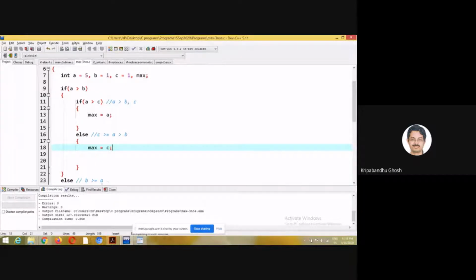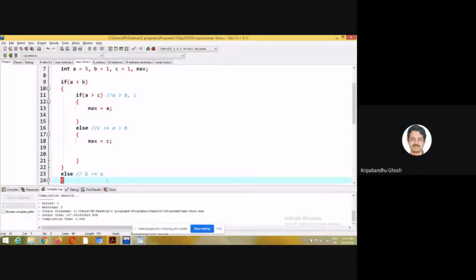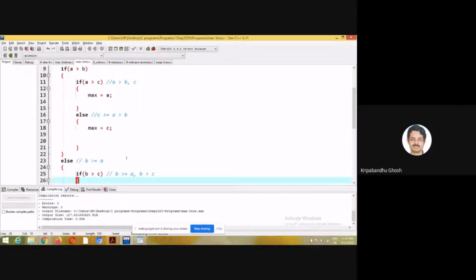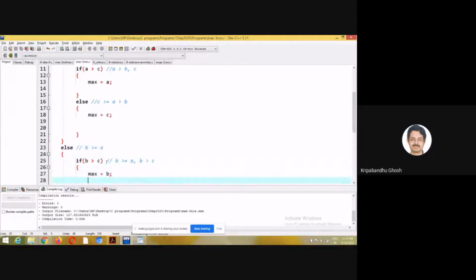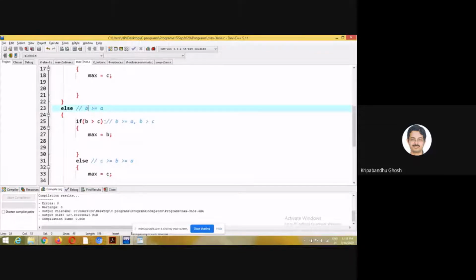Now, what if the first statement is false? If A is not greater than B, then either it is less or equal to. So B is either greater than A or equal to A. Now we know that B is a candidate to be the maximum. A is no longer in the race.